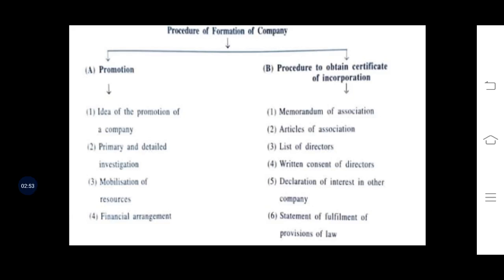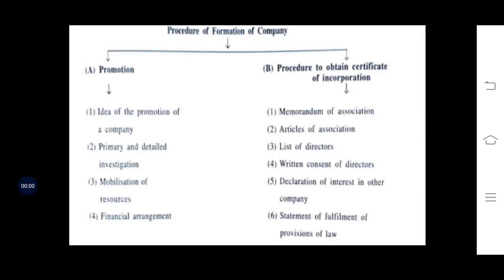Then the company can commence its business, and it will get a CIN number, that means the identification number of the company. As we are citizens of this country, the government does not know us by our name, but only by our Aadhaar number. In the same way,